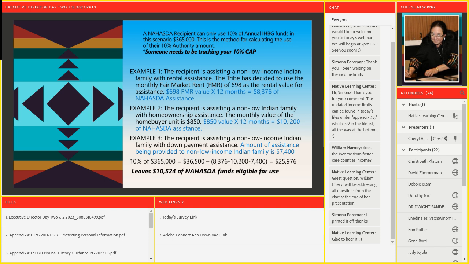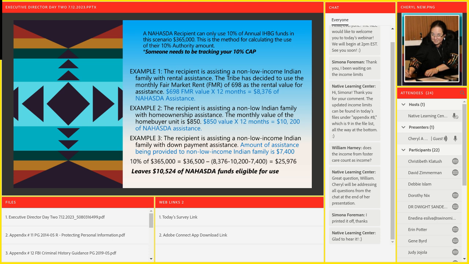Also, somebody needs to track your 10% authority. So this is a small housing authority. They get $365,000 a year. Okay, 10% of that's 36,500. We're going to show you a scenario helping 3 families. They're helping one with the fair market rent. 698 is that rental value times 12 is